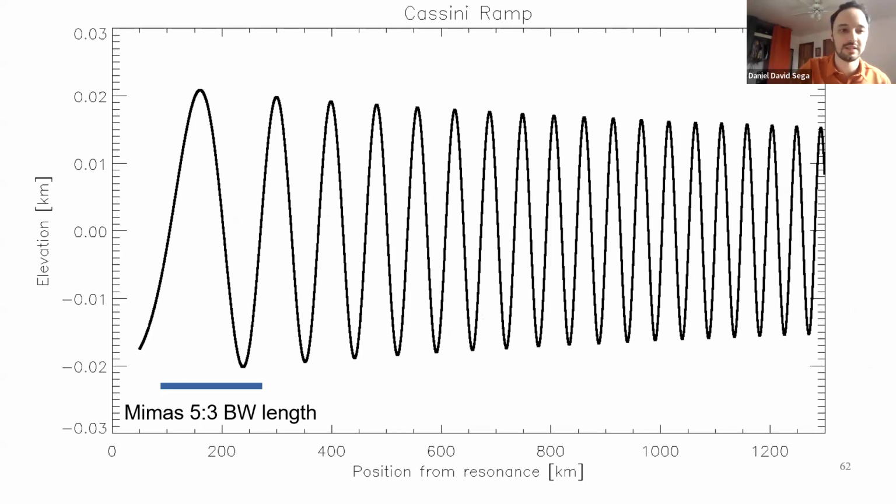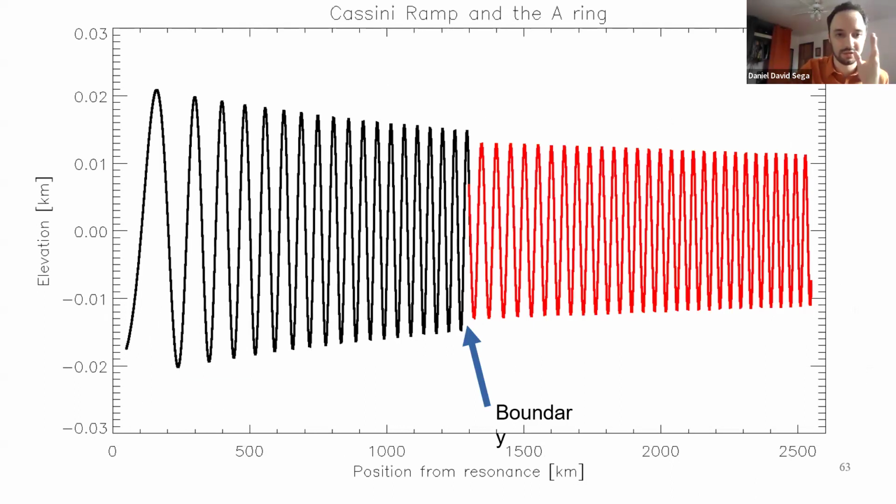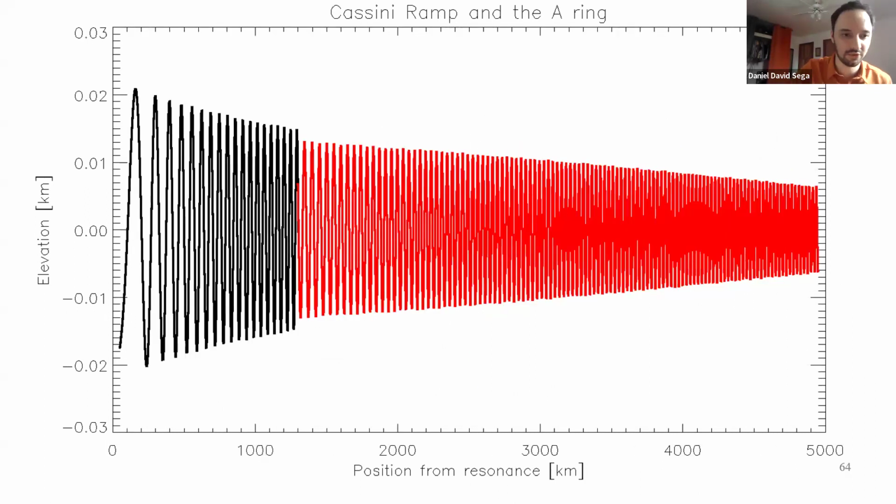Here is another, this is the data, right? Here I'm plotting the wave as I think it should look given the data. And there's this boundary where there's this sharp cutoff or change in sigma. And it somehow propagates forever. Here already at the end, the amplitude is actually, the thickness of the ring is really thin. It's thinner than it should be because the ring is, like I said, 10 meters. So at the end, the amplitude of the wave is similar to the thickness. So we shouldn't be able to see it. And this is without any viscosity.